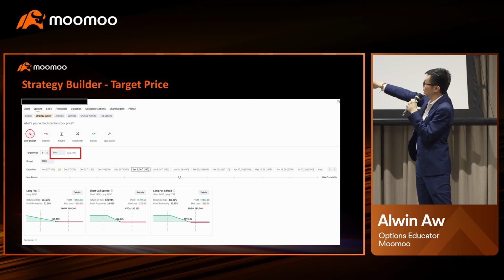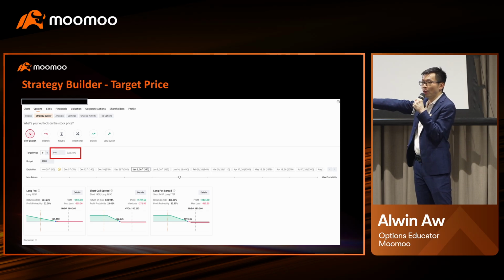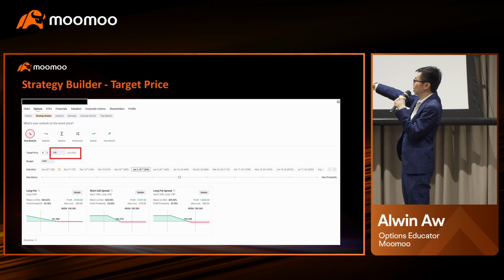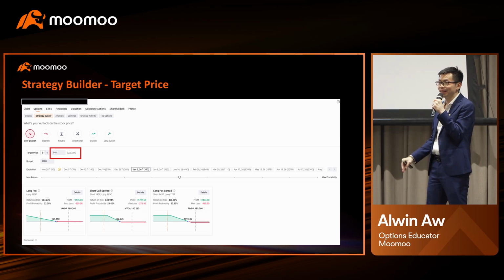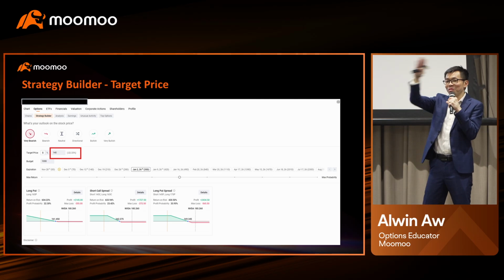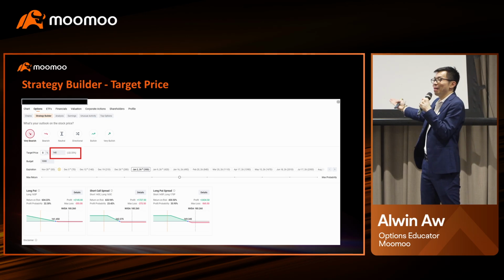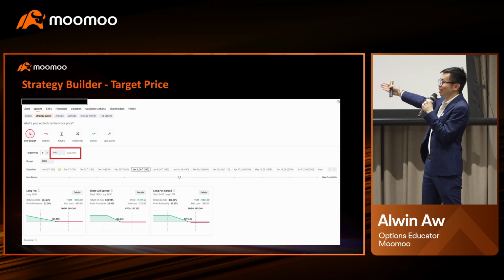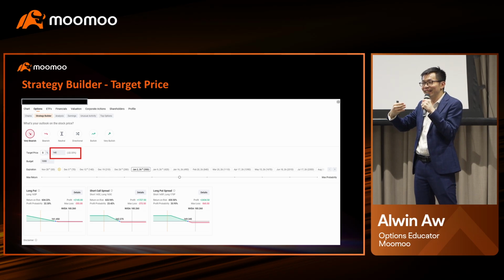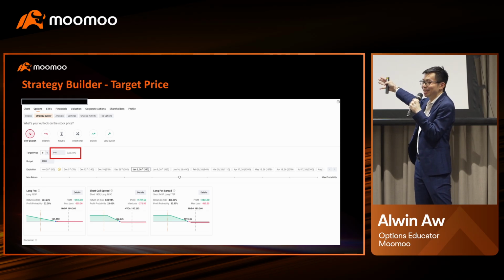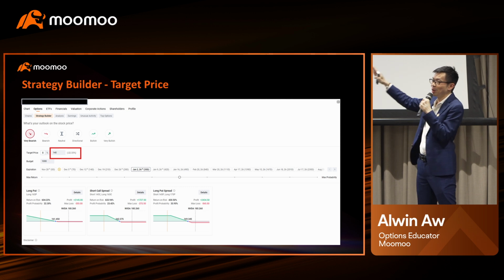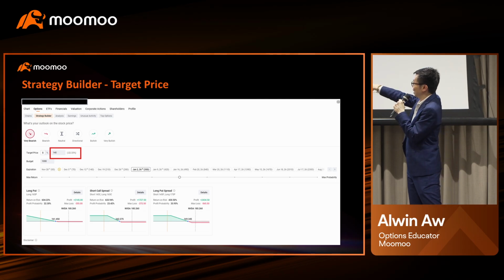And from this example, if I am very bearish, which option can I choose for the protective put? Long put, short call spread, or long put spread? Just now, we mentioned that in a bull market, we can do a spread. In a bear market, we can also do a spread. And don't listen to my advice. Always open up the strategy builder, and see what it gives you as suggestions based on your return versus your probability.